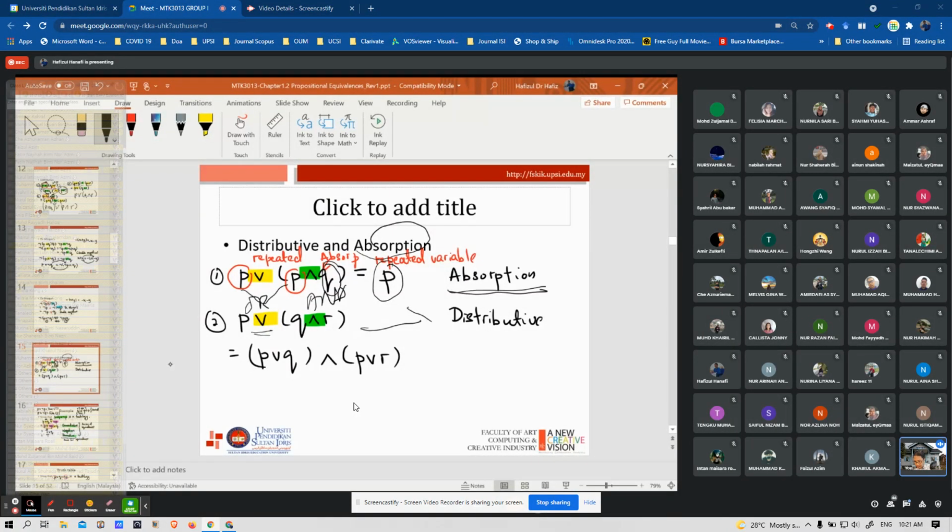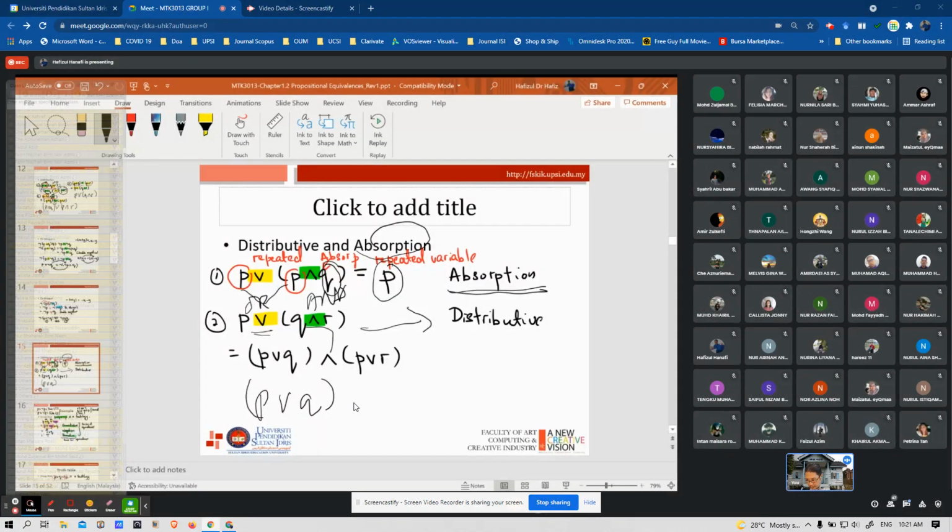We want to distribute: P or Q, and then here P or R. I think for the rest of this slide, we have so many